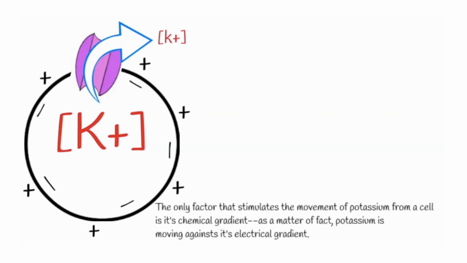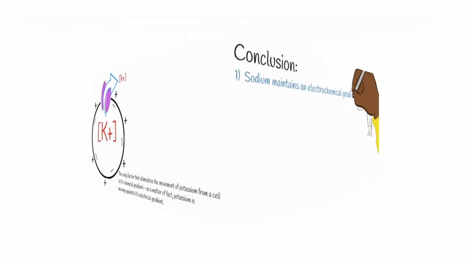Please keep in mind, if we're basing this just on charge alone and not potassium's chemical gradient, potassium wouldn't leave the cell, because potassium, being positive, would prefer to be around the negativity within the cell, around the negative 70 to negative 90 millivolts within the cell. But we cannot disregard the chemical gradient because it's huge and it plays a very big part in the cellular environment. Okay, so in conclusion,